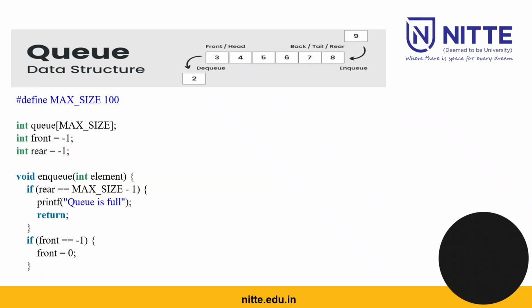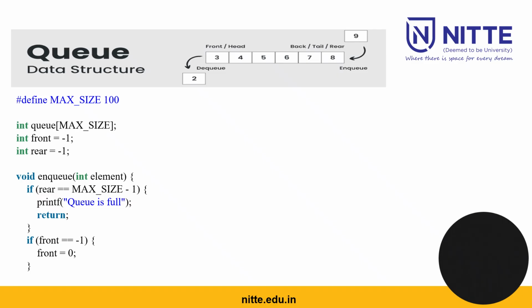Next, we will see the queue. As I already told, #define MAX 100, int q array, that is the max size, that is 100, q of 100. front equals -1, rear equals -1 initially, and we will go for enqueuing an element. So I will write void enqueue(int element), and then it will check whether the queue is full. How will it check? It will check if rear is equal to maximum size minus 1, that means it will print q is full, otherwise